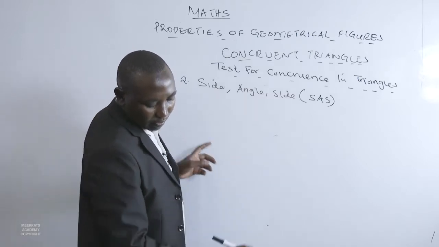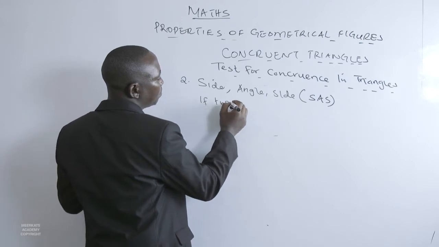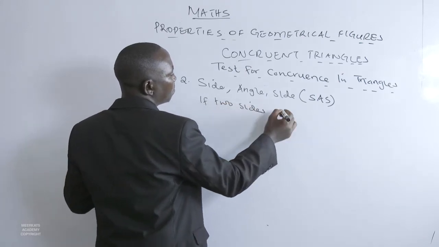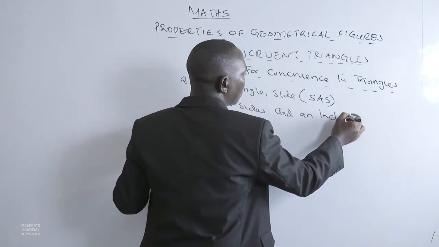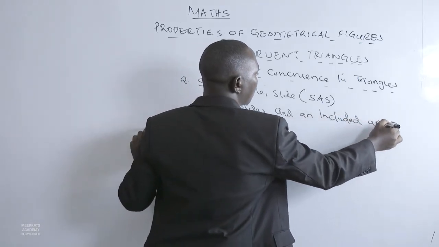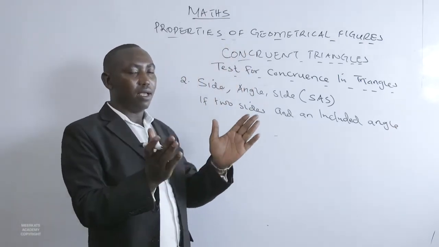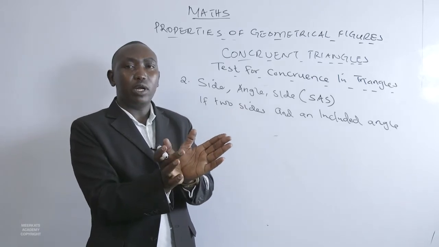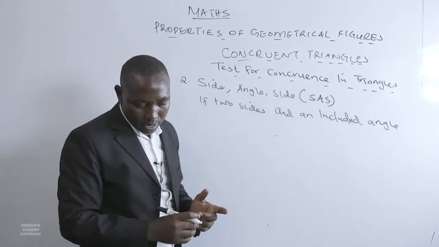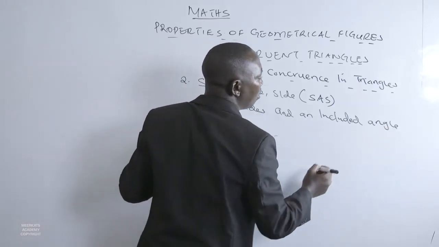So we are saying that if two sides and an included angle, remember that in this case it must be included. That is, if this is one side, this is another side, the angle in question is the one that has been included. And an included angle of a triangle